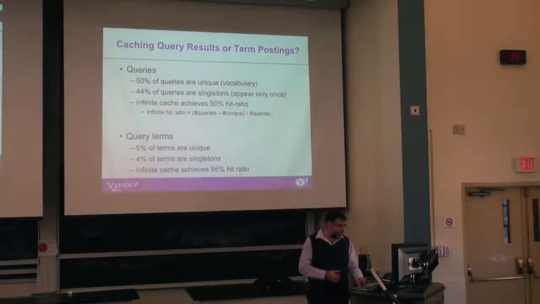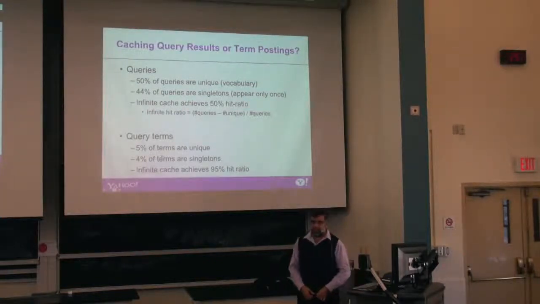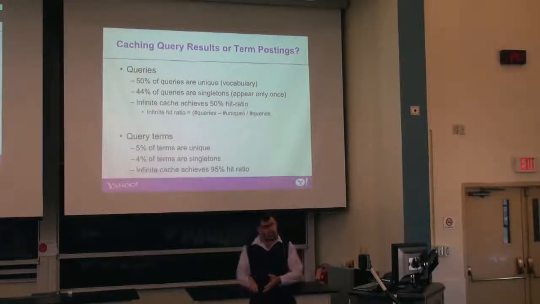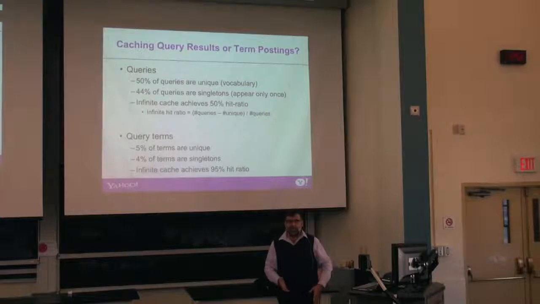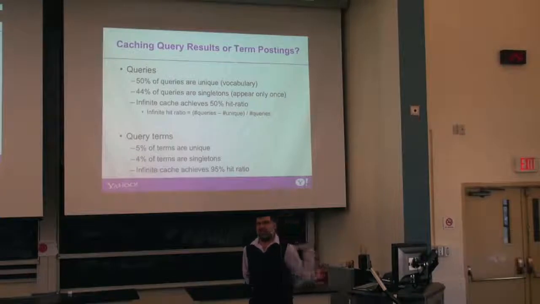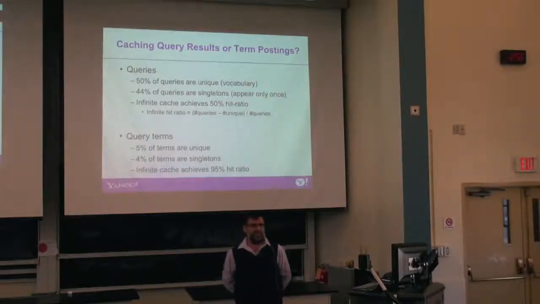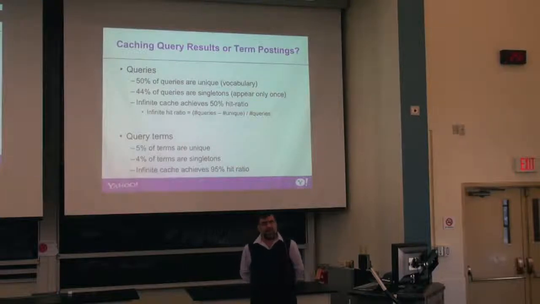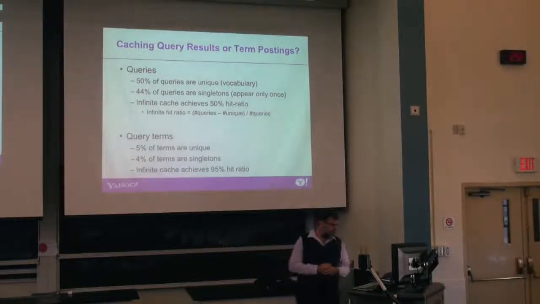So basically the best you can do while caching answers is 50% hit ratio, because all the other ones are unique. On the other hand, if you look at query terms, which would be the index caching, only 5% of the terms are unique. And this is another very interesting thing on queries. People are using the same words to write different queries. The caching in the index will be 95%. And I guess that explains the diversity and the exponential number of combinations you can have in queries of 3 or 4 terms.